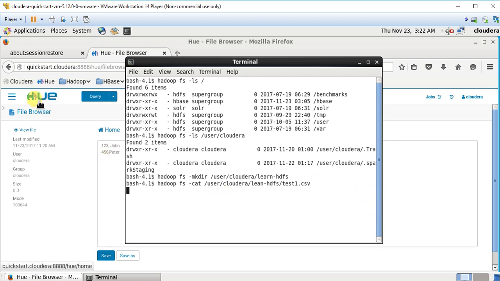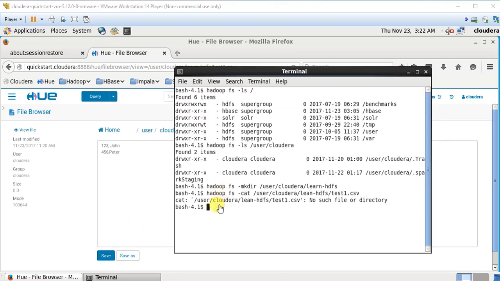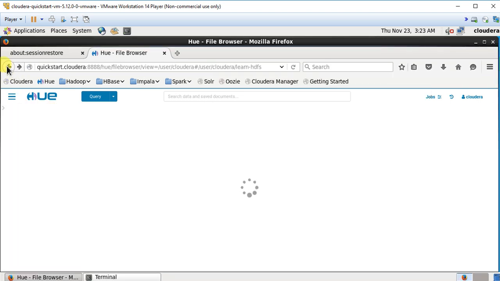So basically we created the file via the Hadoop user experience, the Hue screen, and then I'm doing a cat. So it's saying no such file or directory, so it must have been a typo, or maybe this file hasn't been created yet. So the typo is in learn, so it's spelled lean. So learn hdfs and test1. So while it is printing, I'm going to go out of here, so I can press the back button to go back,